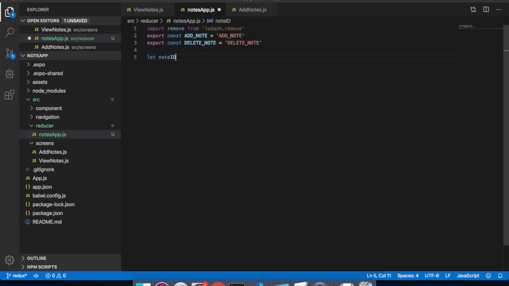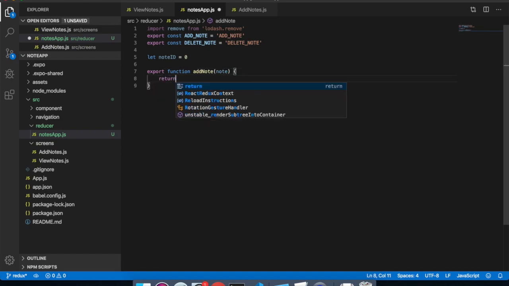Let note id equals 0, then export function add note, pass the note, here return